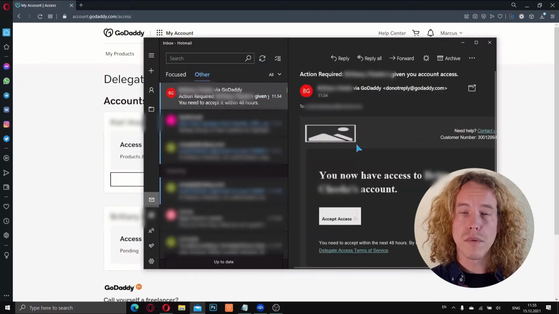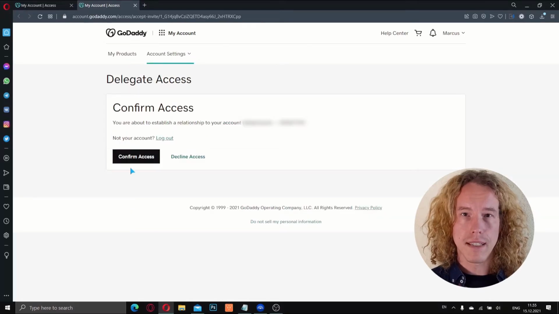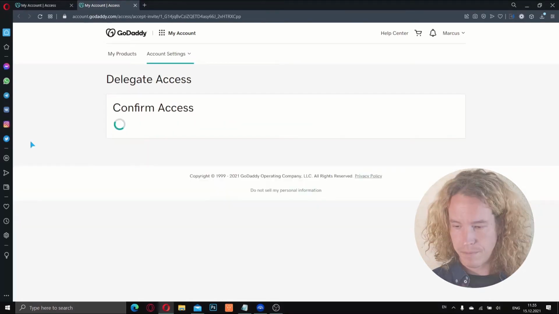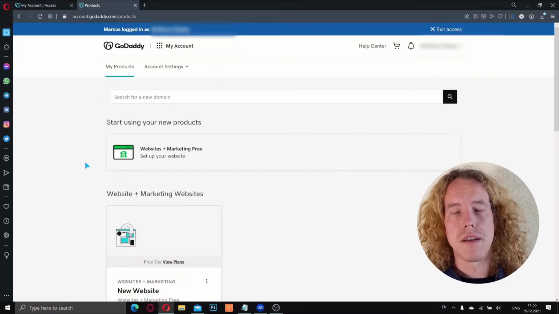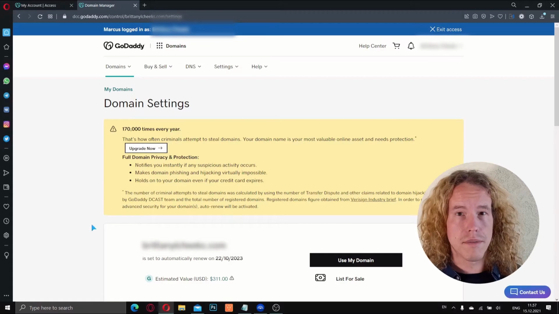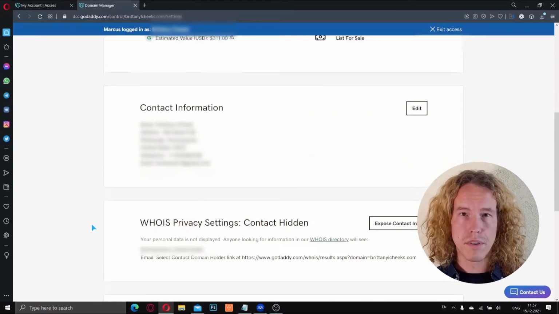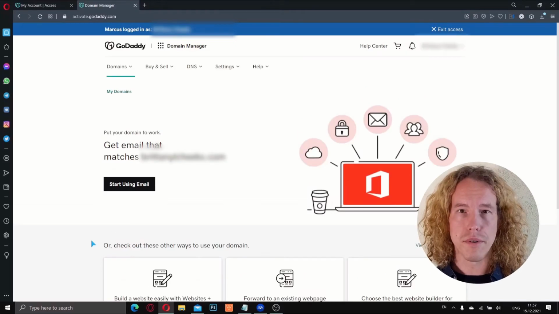If they do, you will receive a confirmation email from GoDaddy with a link to accept the access. Once you have confirmed, now you can manage the domain and the products of the other person. This is very convenient for web designers, web developers, or administrators, and the access stays available until the owner decides